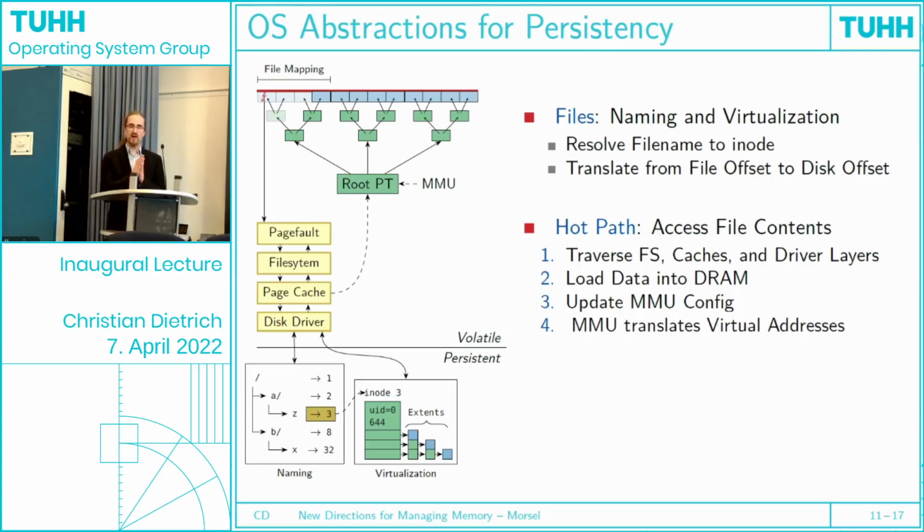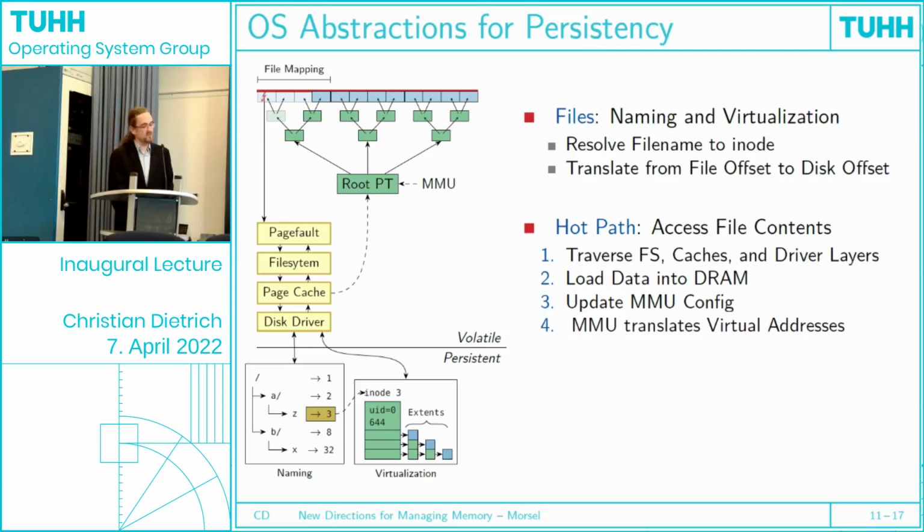On the other hand, a file gives you virtualization. So a file is in its essence a byte stream. It starts with a certain offset, 0, and it has a certain extent. And you can say, oh, please give me the byte at offset 300. And the user doesn't have to know where that byte is stored. The file system virtualizes the in-file address to an actual block on the disk. So what the file system does, it resolves first the file into the inode, and then it translates, on its virtualization level, the file offset to the disk offset. And this is really close to what virtual memories also do.